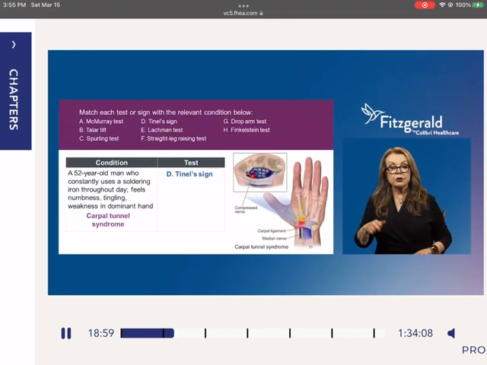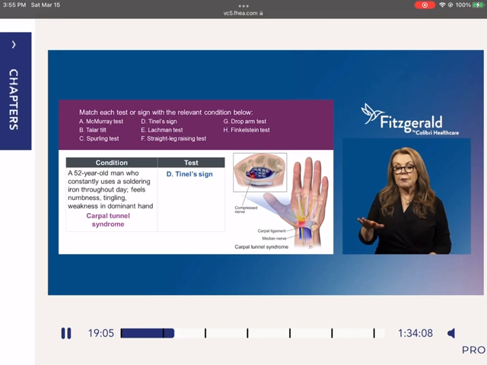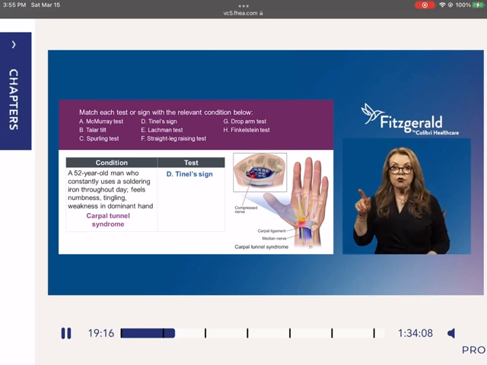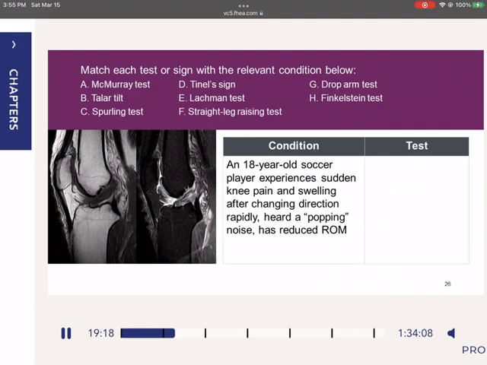What is he doing? He's doing repetitive grip motion. And that's how he has developed carpal tunnel syndrome. Carpal tunnel syndrome is not just people who spend a lot of time on a computer laptop. Many other occupations can trigger this. An 18-year-old soccer player experiences sudden knee pain and swelling during changing direction rapidly and heard